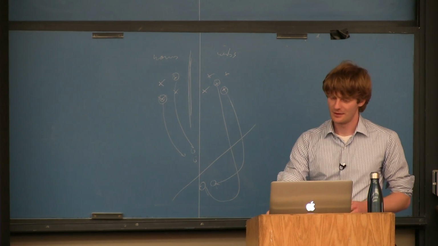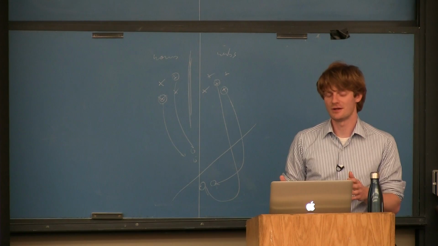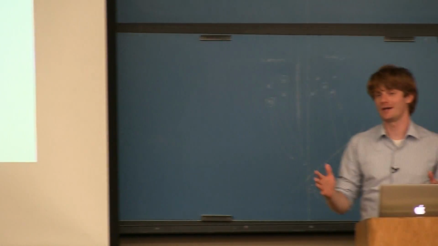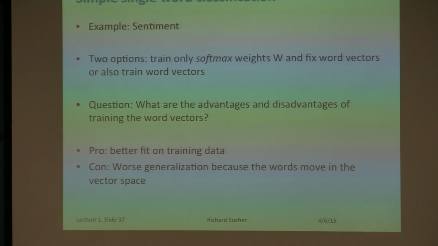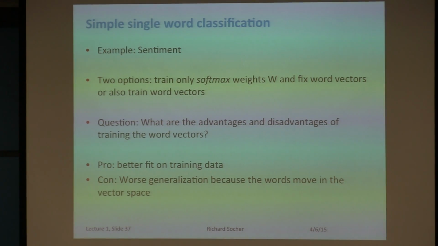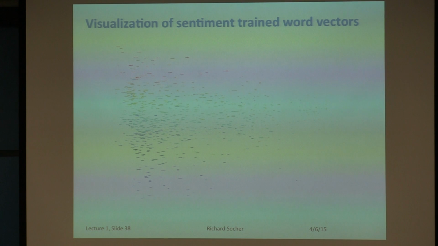So basically, what we'll get here is often a better fit on the training data. I tell the training data, move exactly there, and you'll have a very easy time classifying them because you push them exactly where you want them to be. But you have worse generalization, because the words moved in the vector space. So to give you an intuition of what this looks like in real life, I have here a